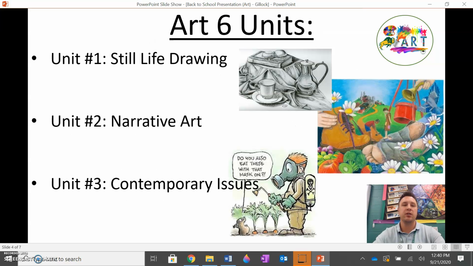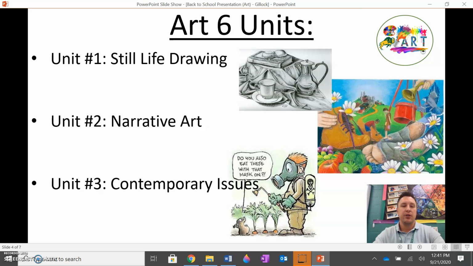Okay, so the Art 6 units: the first unit is going to be still life drawing, the second unit is going to be narrative art, and the third unit is going to be contemporary issues. If your child's in Art 6, the still life drawing unit will introduce them to the basic drawing principles and techniques, using shapes to map out the objects, drawing in proportion and scale, and then also using value to create tint and shade, light and shadow, to make the object look three-dimensional,